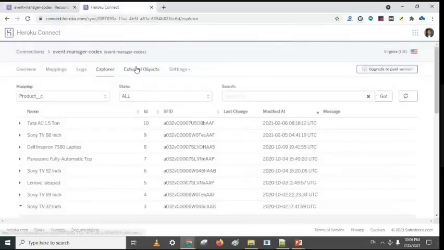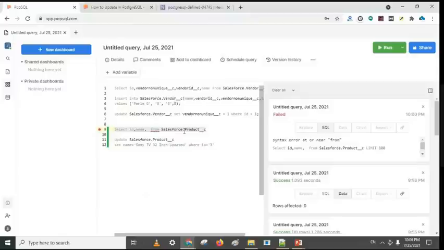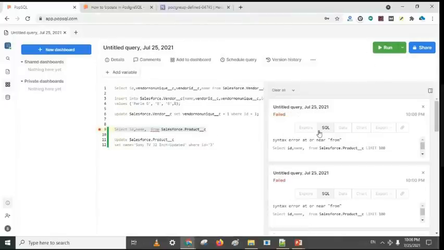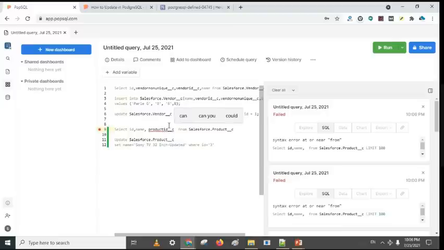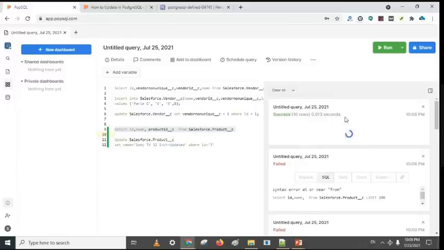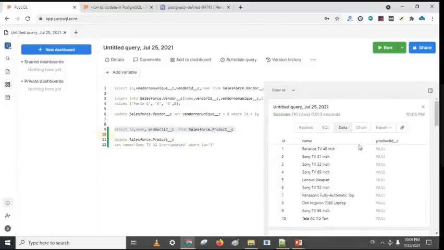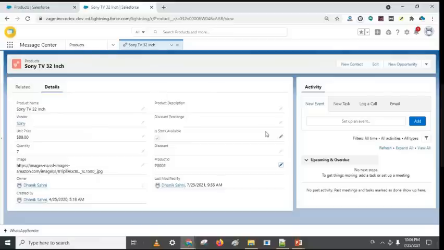Okay, and let's see in our SQL database also. In PopSQL, we're searching it. Now again you will get this data. Okay, still it's not showing. Okay, cool. Name second. Name field, and that's the field product ID, underscore c. You can see we are able to query it, but still the data for the product ID is not available in this object. So let's wait for some time and then it will come.